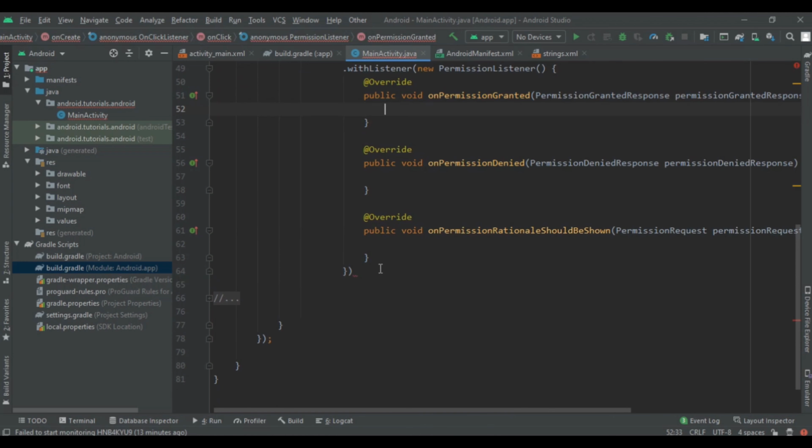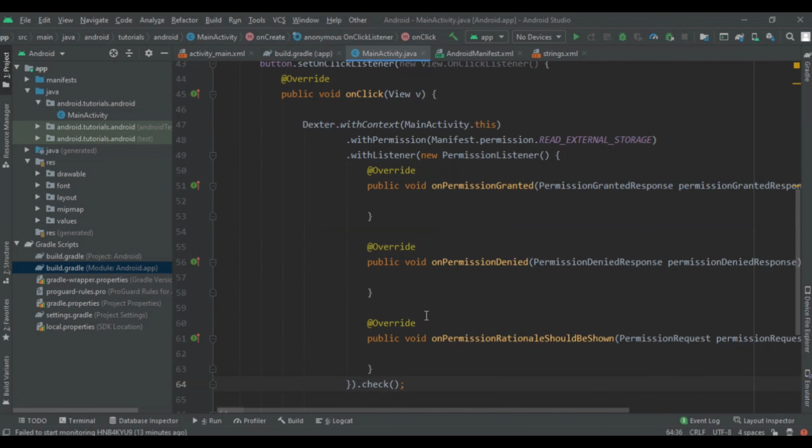Now here you can see the implementation of Dexter: Dexter.withContext, pass MainActivity.this, then withPermission READ_EXTERNAL_STORAGE, and withListener new PermissionListener, and give it a check so that it will check.